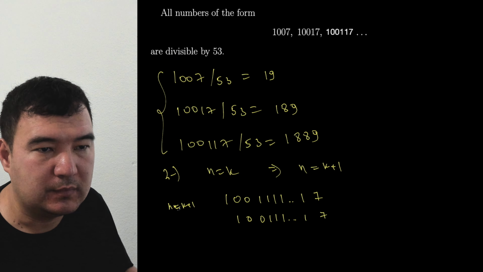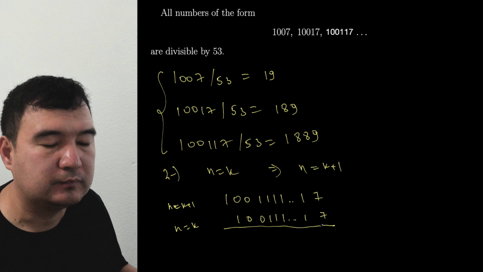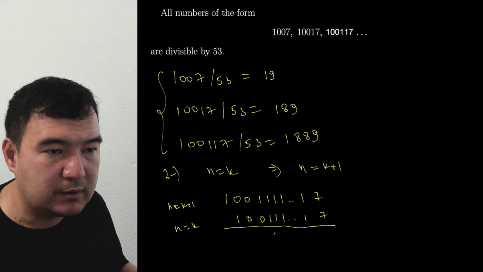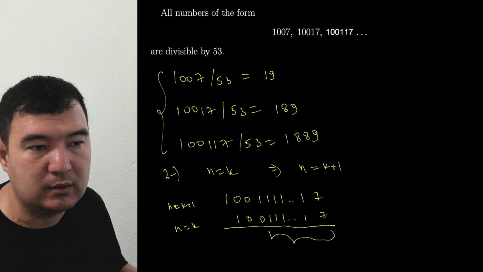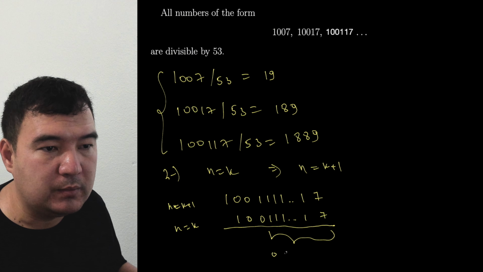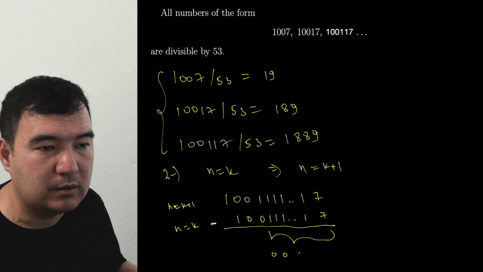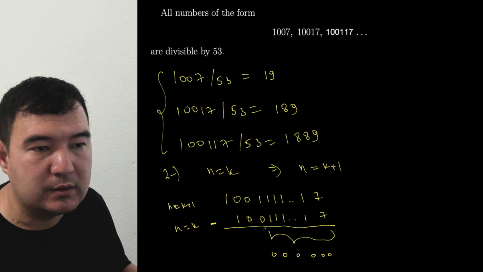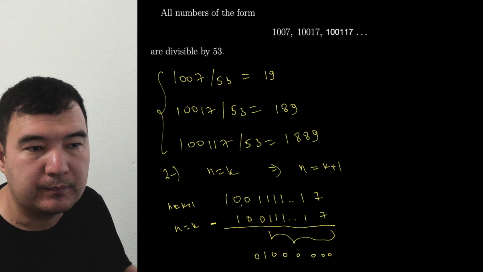That's one less, right? n equals k. So what will be the difference? The difference is going to be, since the last k plus 1 numbers, you have k ones and then 7, these are all going to be 0. If I do the subtraction, subtract the smaller number from the larger, you get all zeros. And then here we have 1 minus 0, 1, and then here 0, and then we have